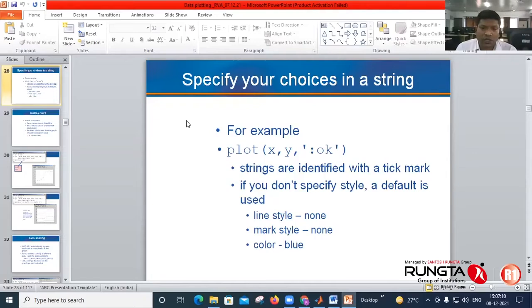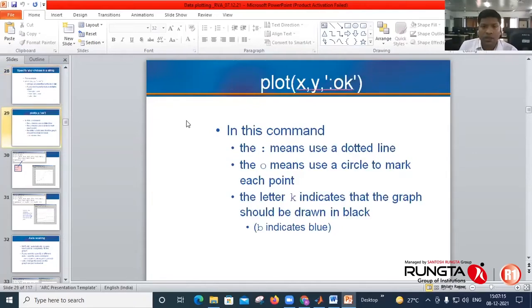Okay, so we'll see how to specify the choices. If you plot x,y with colon, o and k, here colon means use a dotted line. O is for the point mark: circles will be used to mark each point, that is, the intersection of x and y values.